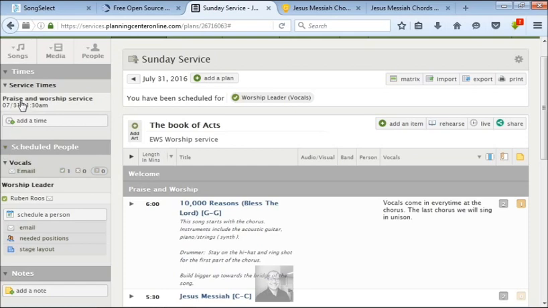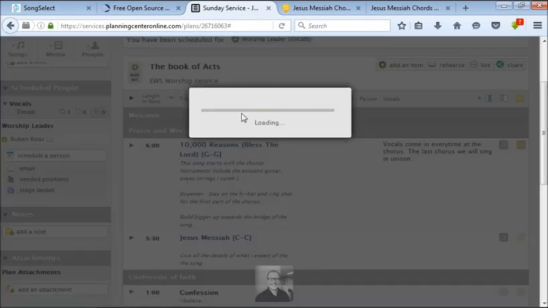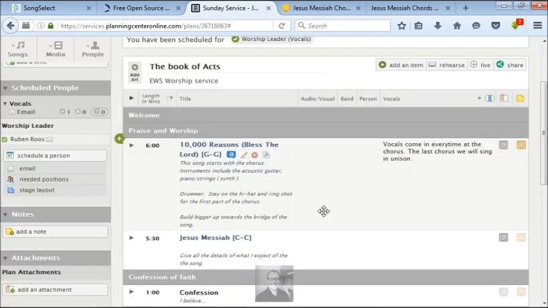Schedule people. Let's see, service times, worship leader. Let's go here. Schedule a person again. I can either do that, or I can go to needed positions. In fact, that's even easier. Schedule a person would be for the worship leader specifically, or for the pastor, or whomever is going to do the scripture reading. But needed positions,